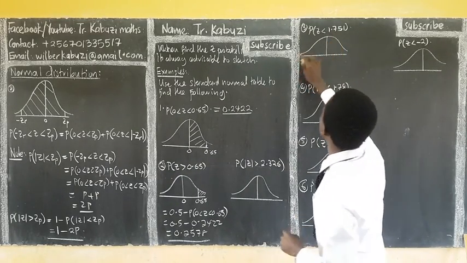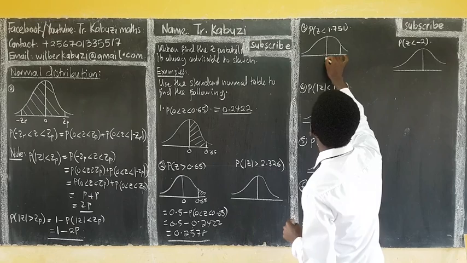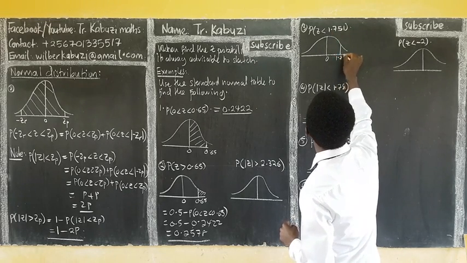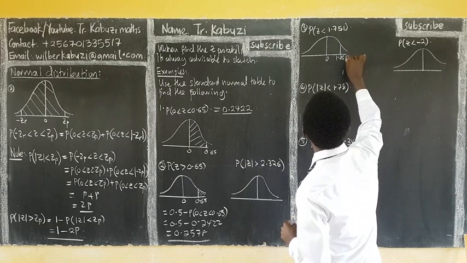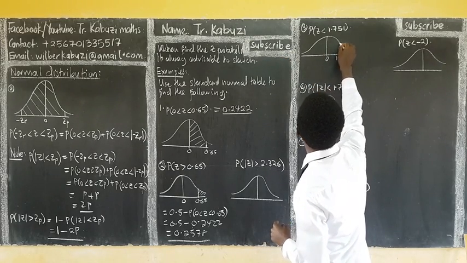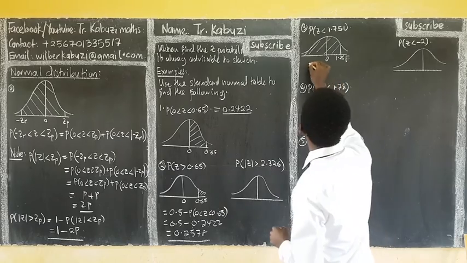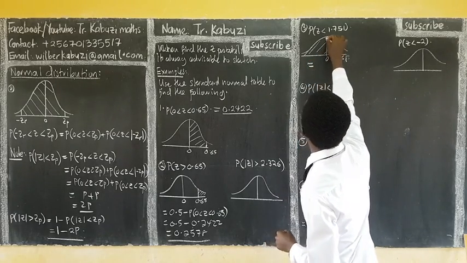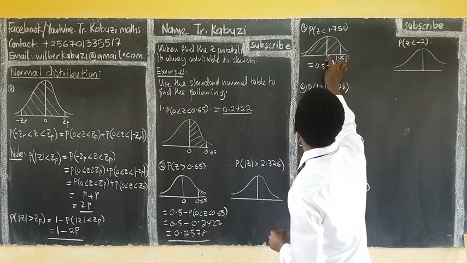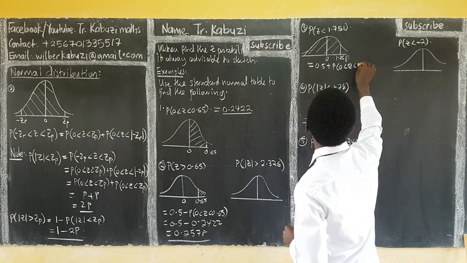Now this one, the one that's less. You see it's positive, so it's here. If it's positive, it's always this side. So 0, this is our Z. But now our Z is 1.751. So we want a value less. So less of this, it's this side here. So what we do, we say for this one, we get the whole of this. We know that from here up to here is 0.5. Then plus, from here up to here, we read off this probability in the Z table,